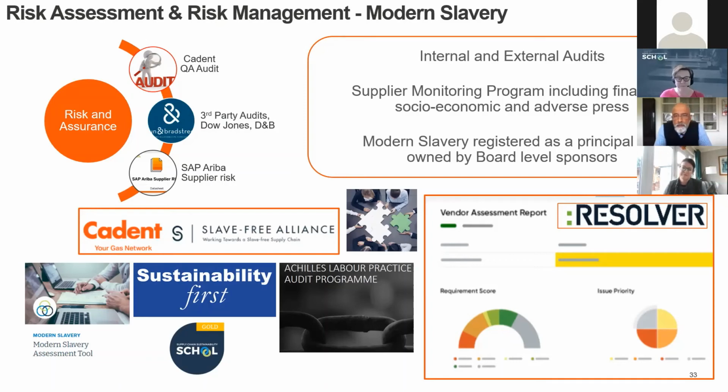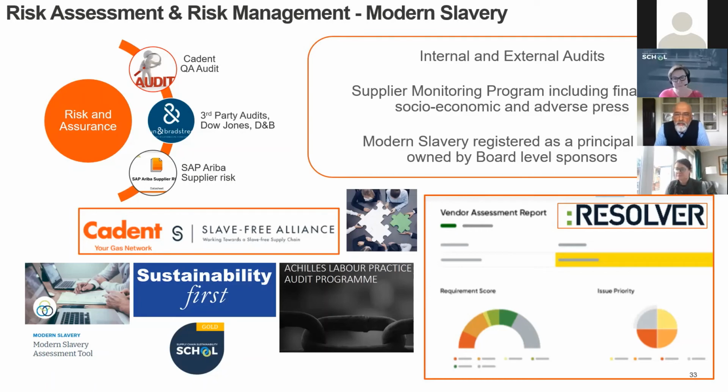On the top right-hand side, I'd like to talk about the audits once again. A supplier monitoring program, which includes the financial and socio-economic adverse press that I mentioned. There are third parties that will do this for you, and I appreciate with some of the smaller businesses, funding and paying for those kind of services might be difficult, but it doesn't stop you from working with Cadent. And we'd like to extend a hand out to our supply chain who would like to understand a bit more about this and maybe piggyback on some of the resources that we've got.